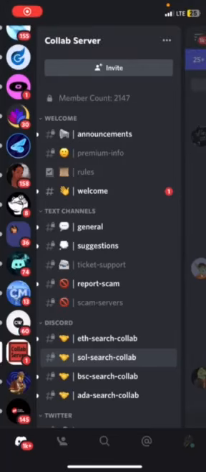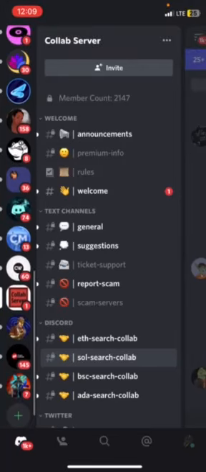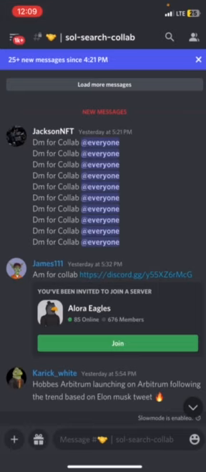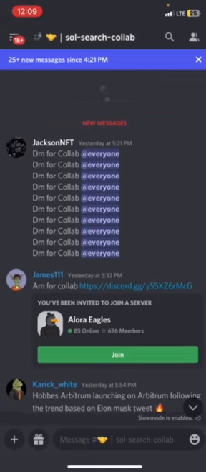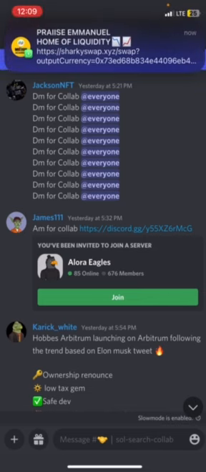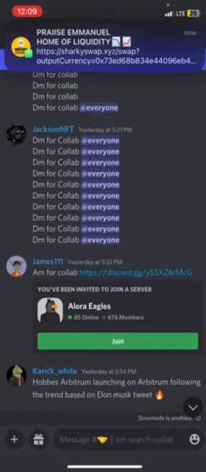Create one for job in this code. I've dropped this collab server on our Telegram channel. Can you join this collab? Can you join this server? You will be able to see